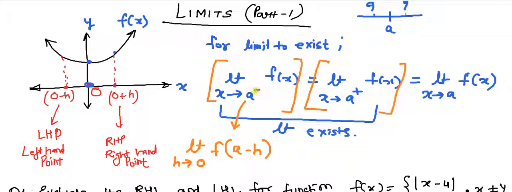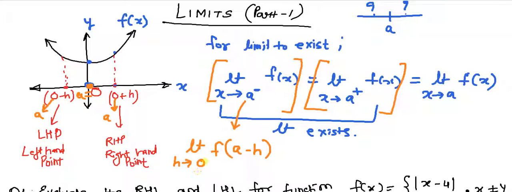Why a minus h? Because you need to go just before a. Here a is equal to 0. Suppose a equals 0, then for the left hand limit, you need to go just before a equals 0. That point will be here. So you can see that this is exactly your a minus h, and this is exactly your a plus h. If a is 0, that point is 0. I'm considering that point to be 0. This is to be written like this.